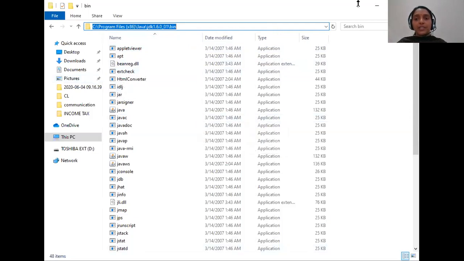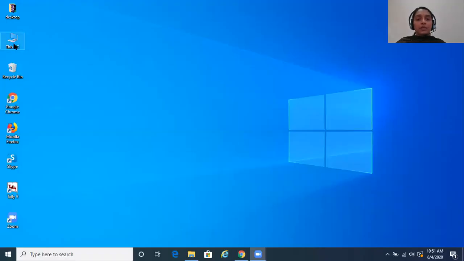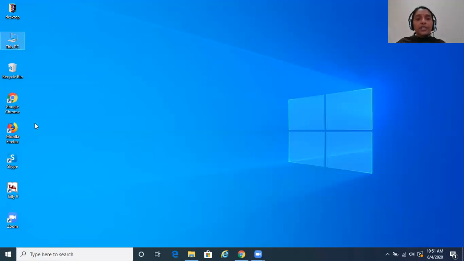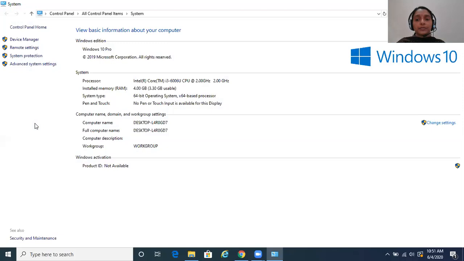Okay, I'll just minimize all these buttons. Right click, take properties.